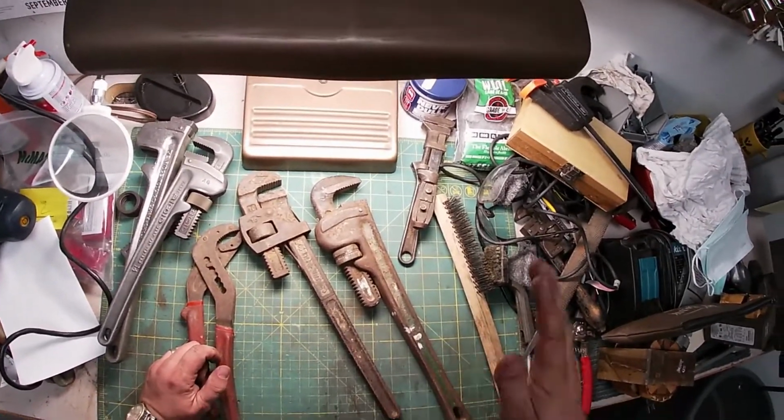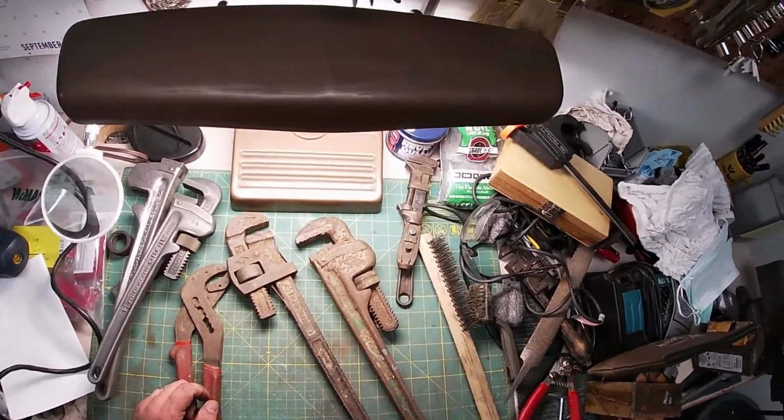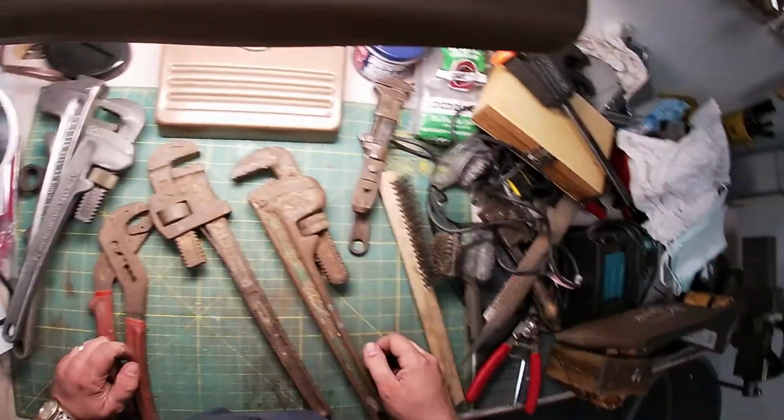Oops, I did it again. Another 18-inch Ridgid. Look at this one. It's a beauty, isn't it? I had to get it. The price was right. And